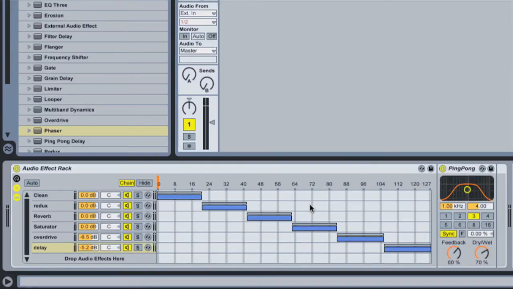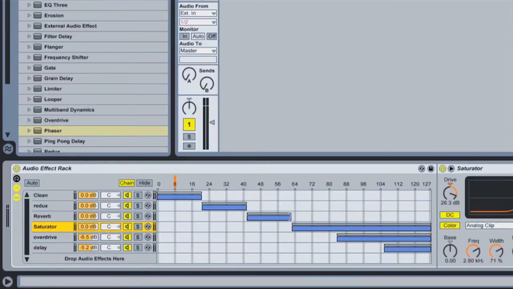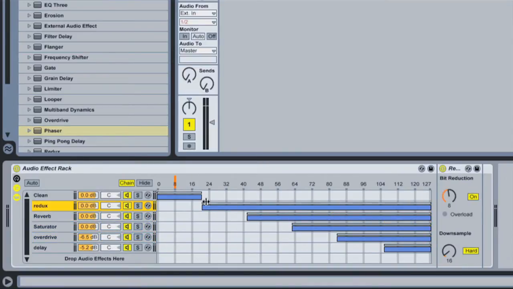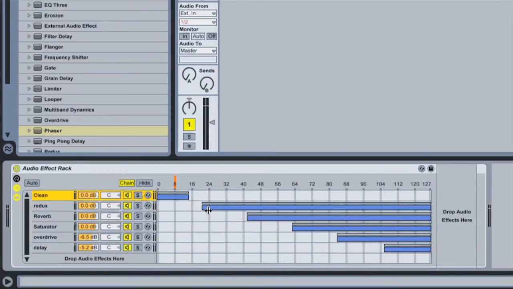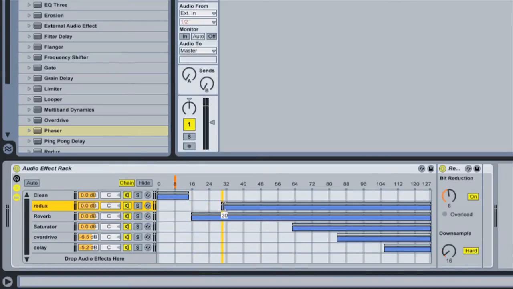So far so good, but we can also use the chain selector to create multiple blends of different effects. So what I'm going to do now is start moving these zones sort of freehand. Let's say I basically want to start with something clean and get it to build up to something more intense. So I'll take the clean back because that's only going to be the start, and then let's say I want maybe the reverb to come in first, then the redux,